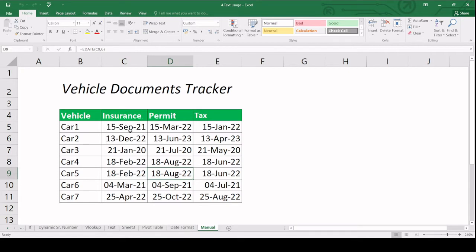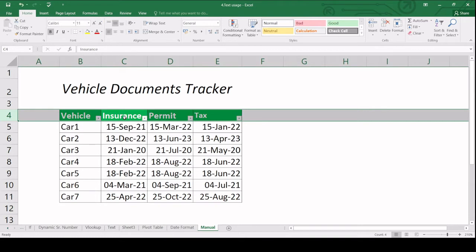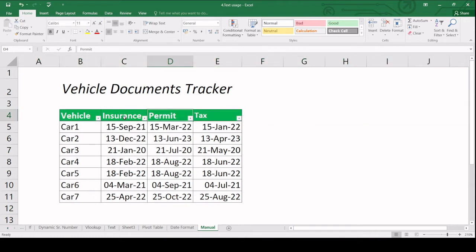So usually what we do is filter. This is an example of a vehicle list with insurance, permit and taxes. Whichever has lapsed means the date is less than today. For example, 15 Jan 2022, and today is 27 February 2022. So it's lapsed. So what you need to do is filter and